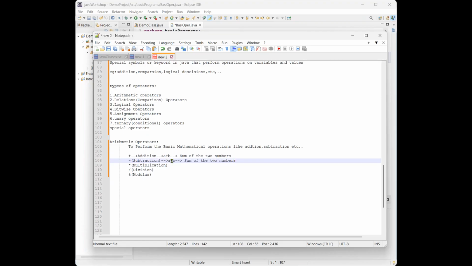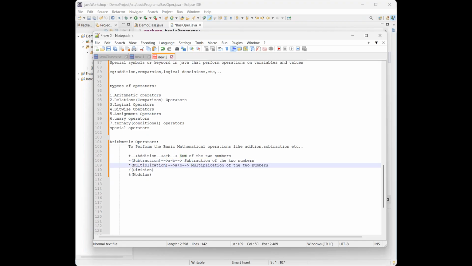And here we use a subtraction, to subtract the two numbers. Subtraction of two numbers, and here this is a multiplication